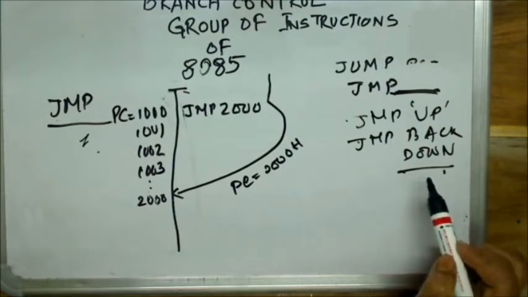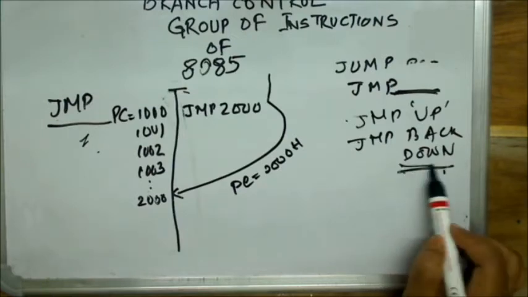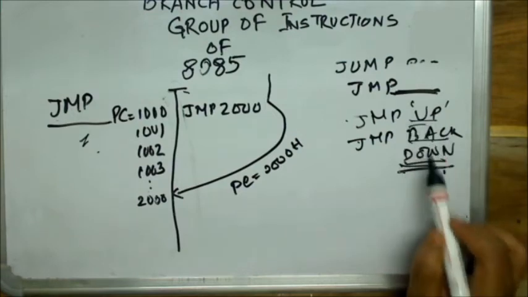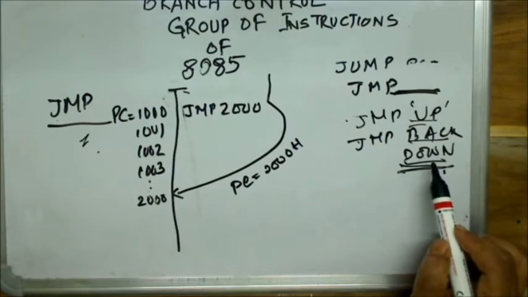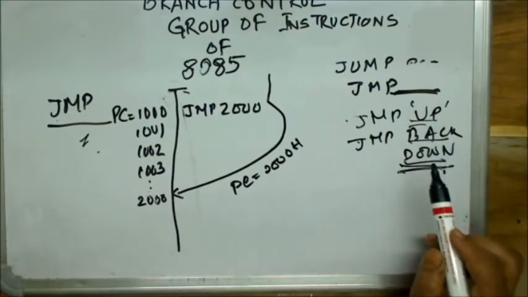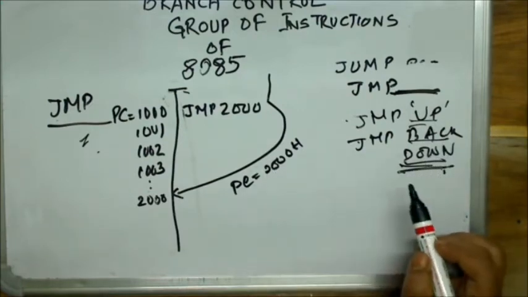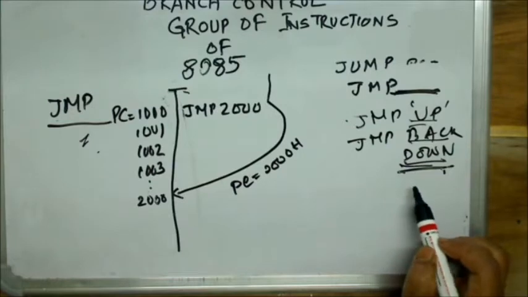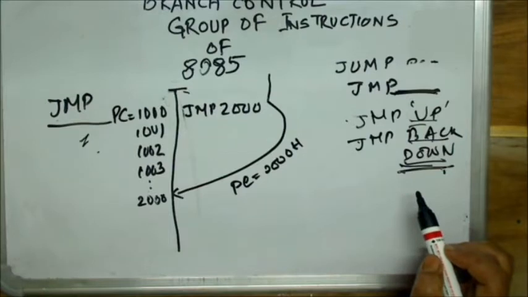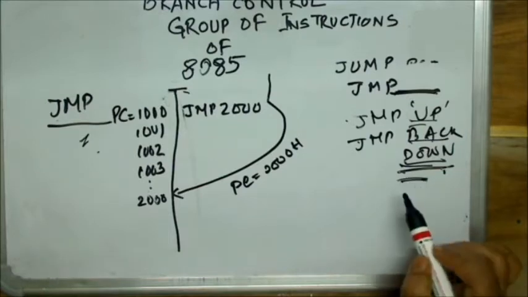When the assembler sees the label, that is the name, the assembler substitutes these names with the address. So in reality there should be an address over here. Understood? If you as a programmer know the address, you can put it. Otherwise you can put the label, and the assembler will substitute the label with the address.